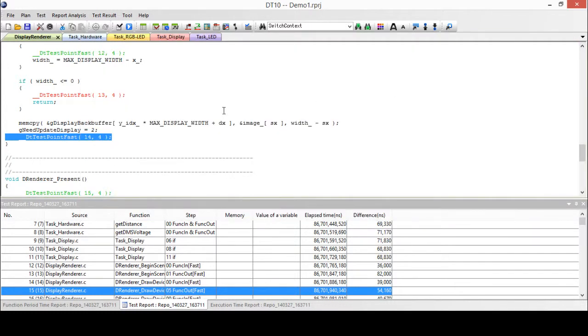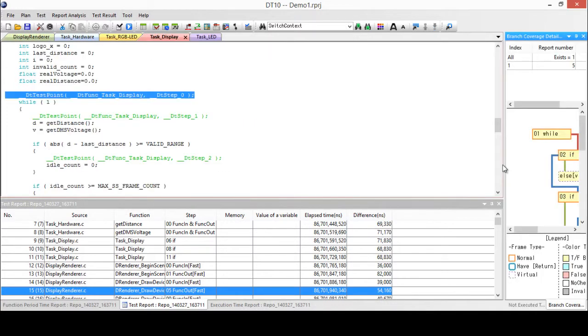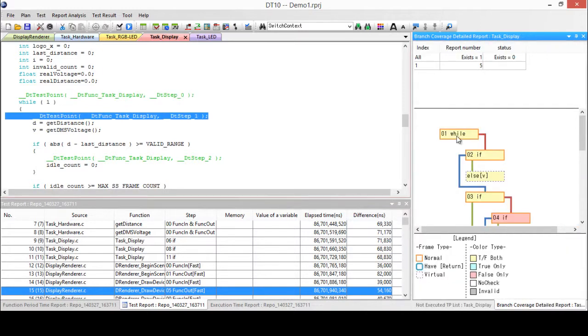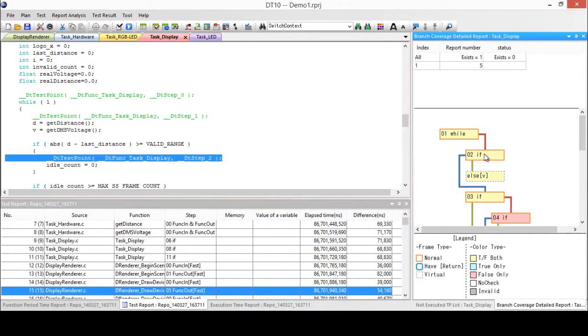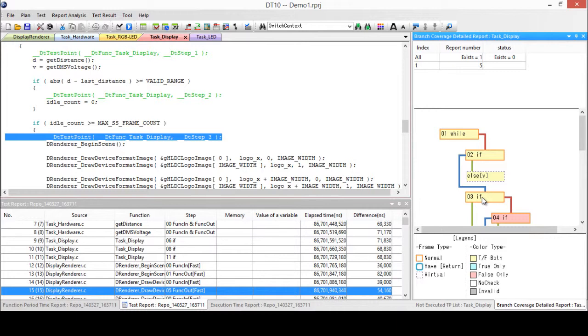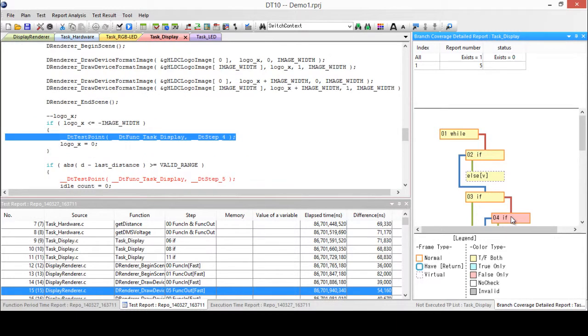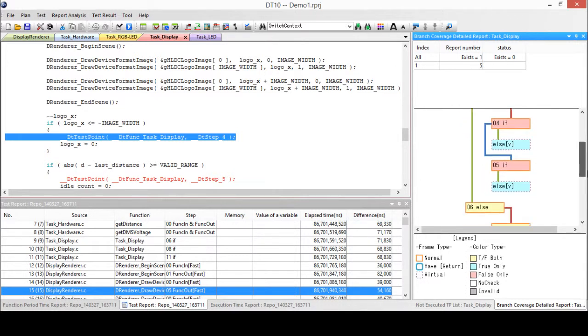Let's take a look at one more report. DT10's code coverage report highlights the statements and branches in the code executed while running on the embedded target. For each function, DT10 builds out a flowchart of the branch conditions. The yellow node represents a conditional statement that evaluated both true and false during execution time, whereas a red node